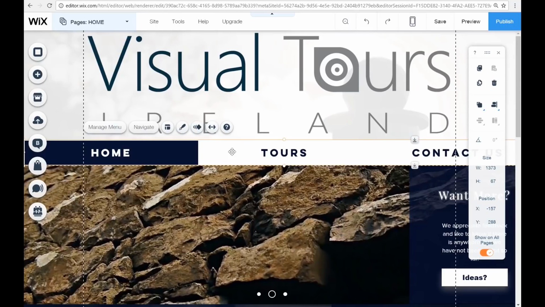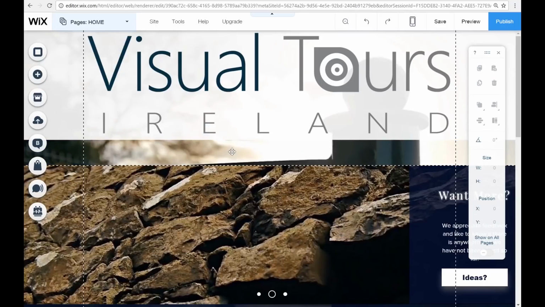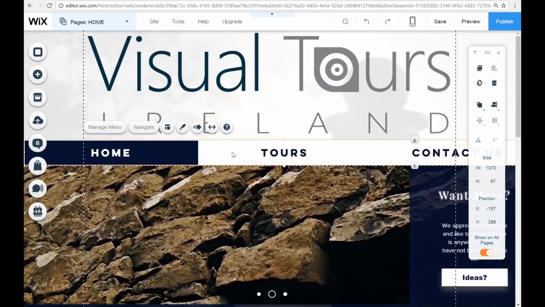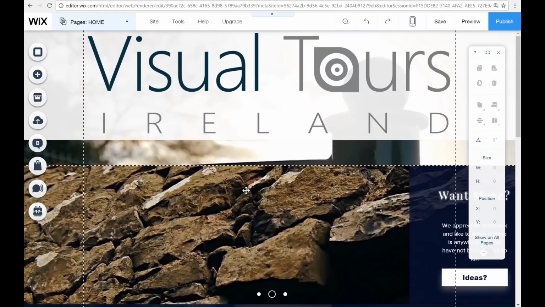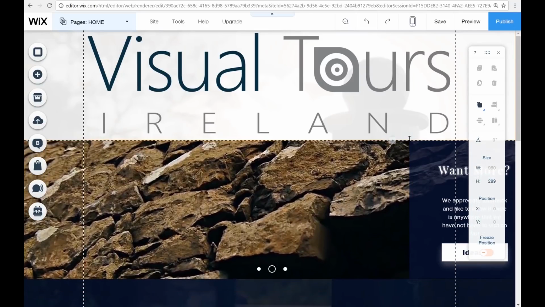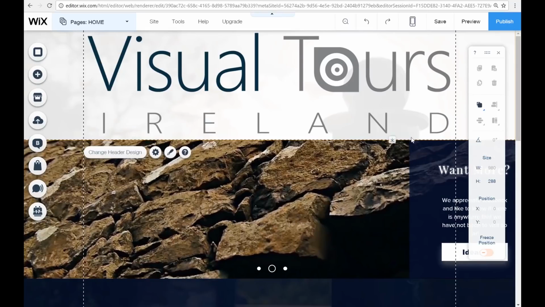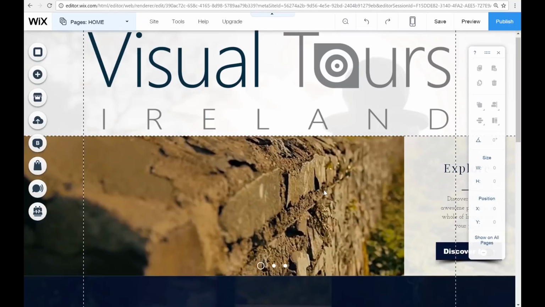Now that I've showed you how to add the menu in, I'm going to delete it. Simply just click, navigate to the delete button on your toolbar, and delete it. If you click inside the head section, you will have the option to drag the header back up to where it meets the site title. I've chosen to delete the navigation bar simply because I feel it looks tacky, and I'd rather add in links to the pages through buttons on the website.